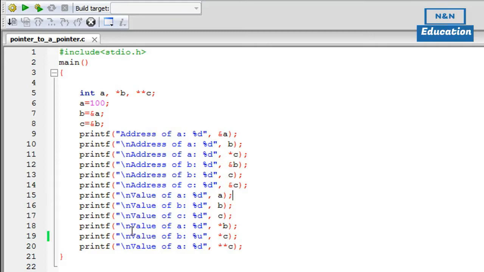On line number 18 I have a printf statement that displays the value of a in terms of b, and of course since b points to a, to get the value of a in terms of b I'll have to put the asterisk symbol once before typing in the variable name b. On line 19 I have a printf statement that displays the value of b in terms of c, and since c points to b I have again preceded the variable name c with an asterisk symbol. On line number 20, which is the final